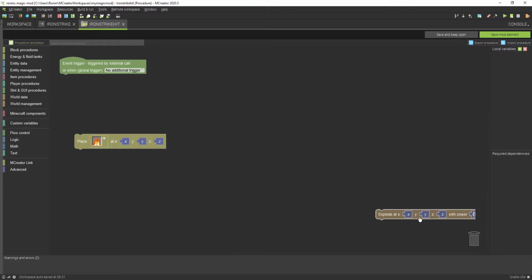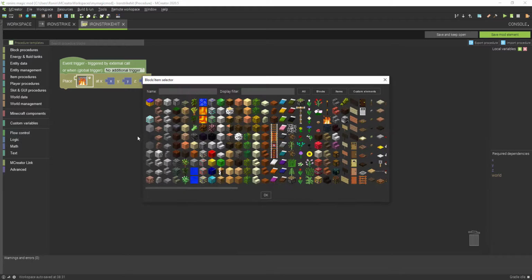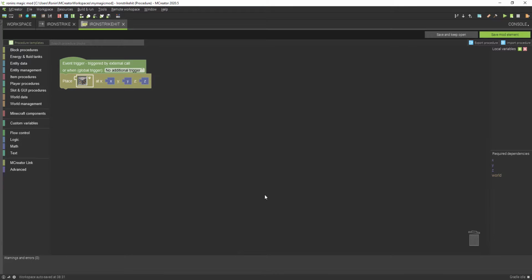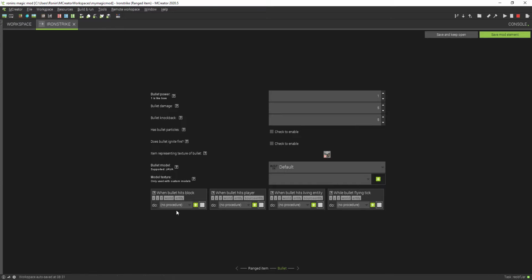Now this is just gonna place iron ore. So now that's down there. So if we go to the bullet, and the bullet hits a block, iron strike hit, and the bullet hits living entity, iron strike hit. The reason I'm not doing when bullet hits player is, well, I've tried that before and